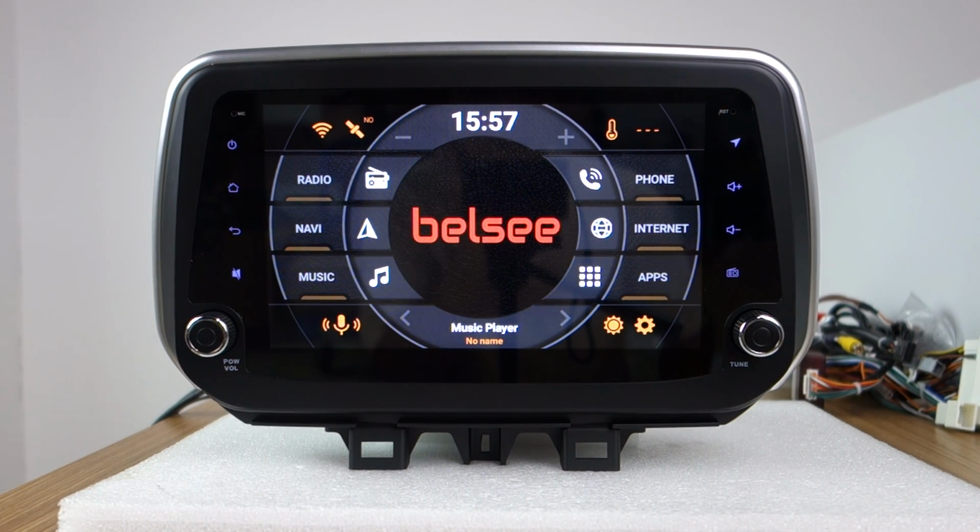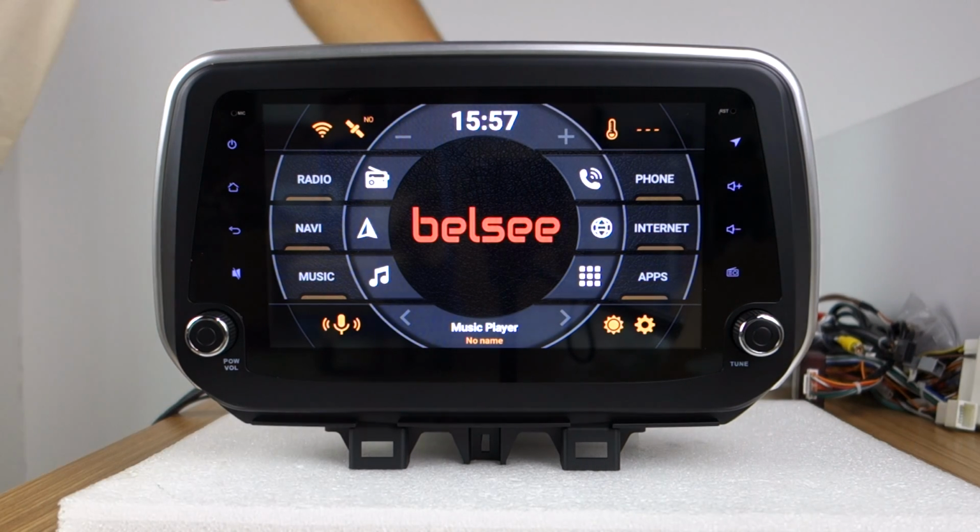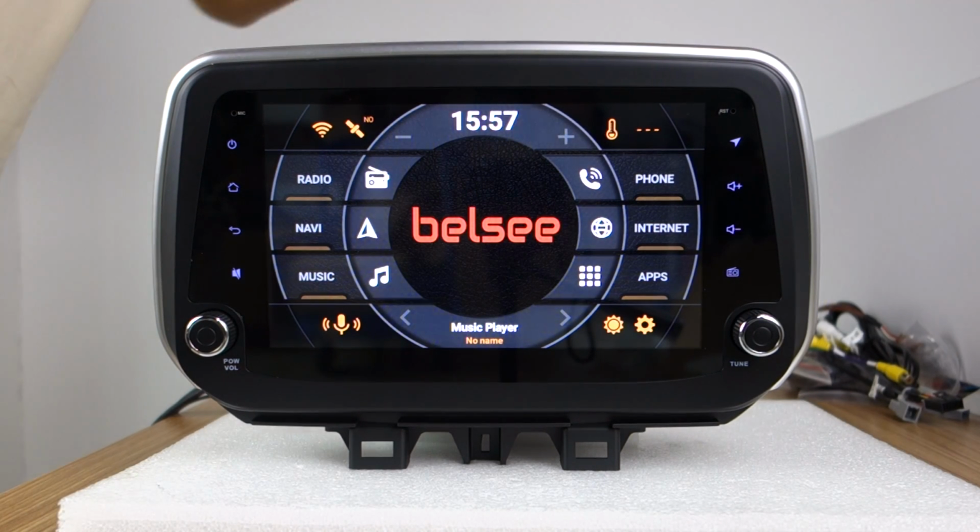Hi guys, here's Belsee. Today I will introduce this 9-inch IPS touchscreen head unit special for Hyundai Tucson